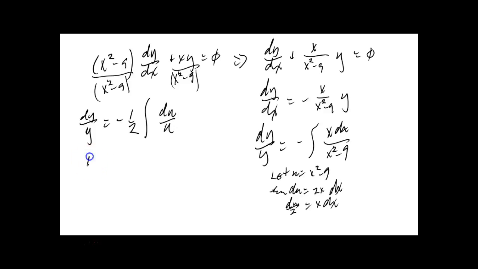Right. So this is natural log of y is equal to, like you said, the negative 1/2 the natural log of u. You put it on top, so that's log y is equal to log u to the minus 1/2, and then plug back in what u is. U is x squared minus 9. Oh, because you had to integrate the left side too. You didn't have to log y. Yeah, that's what I did there. Yeah, I'm sorry. Okay. And so this would be y then is equal to